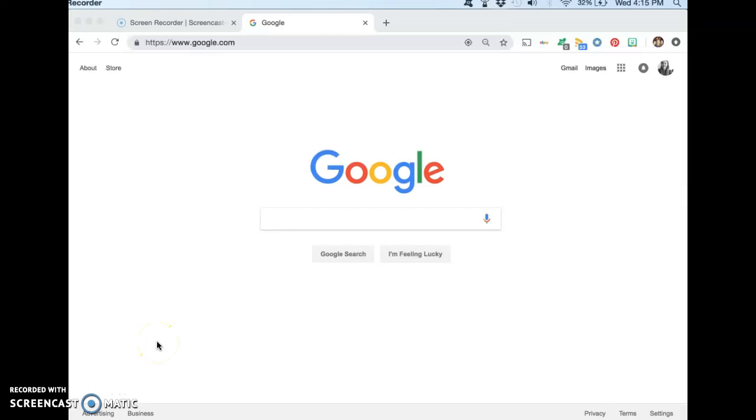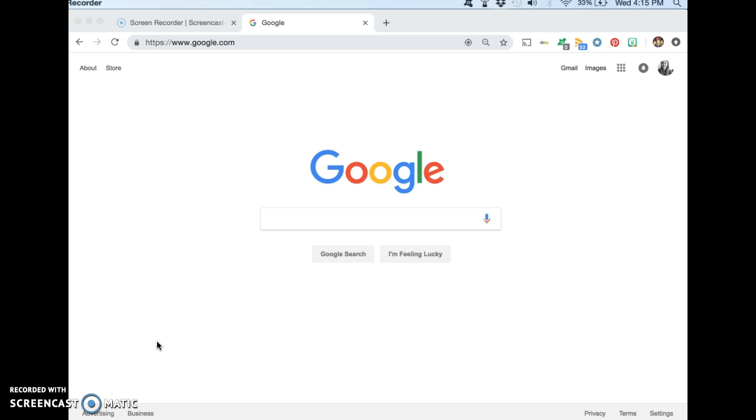Okay, kids, so today we're going to look at some of the databases that you can access through the public library. We have some digital resources here at the school, primarily Britannica, which you guys have accessed before, but there are also some other great databases that you can access through having a library card at the Princeton Public Library. And today we're going to use my library card to log in